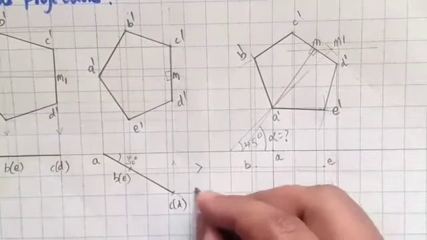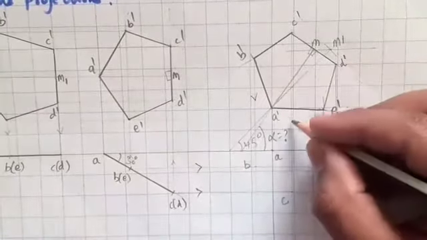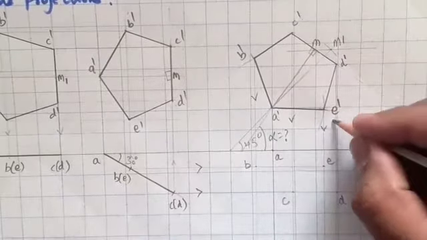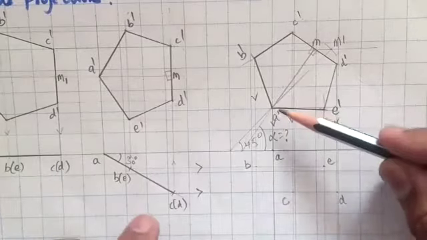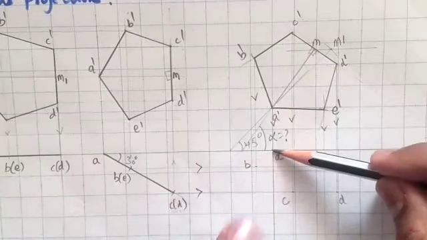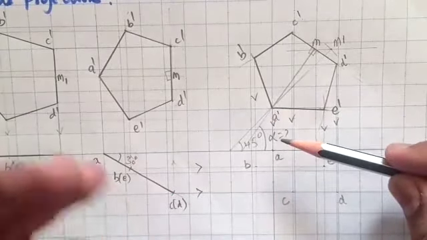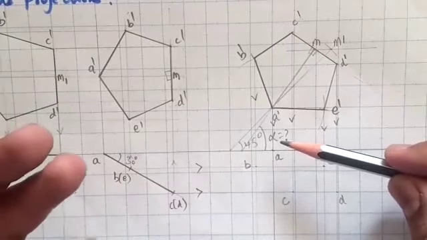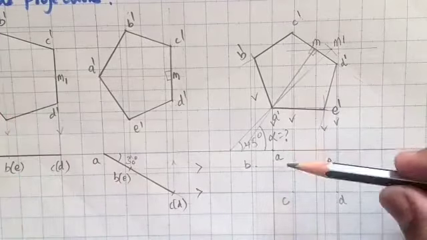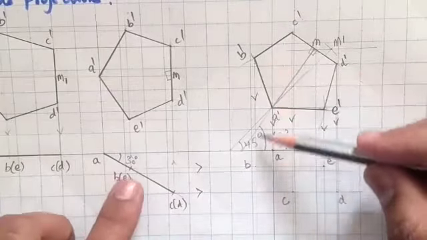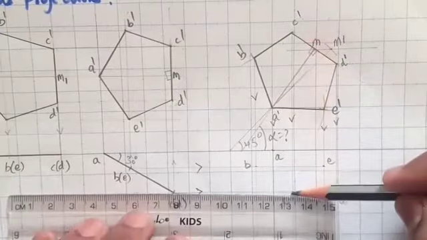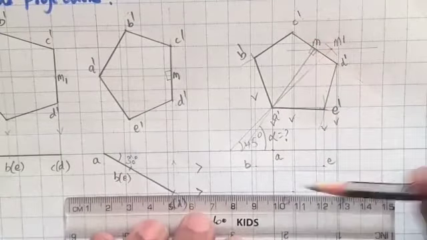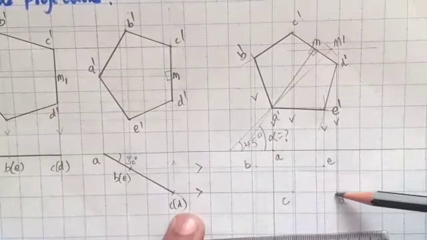I'll draw arrow marks. These arrow marks are downwards. So A dash and A are meeting on the XY line. That is what we mean to say, that the corner is lying on a corner in VP. Next, B dash and B are meeting here. Next, C dash and C are meeting here. Next, D dash and D projector are meeting here.